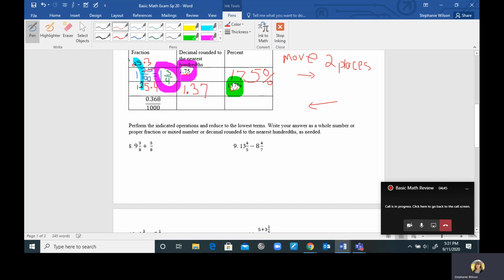Sometimes it ends up being in whole number form, but that's just different cases. So I showed you how to convert a decimal to a fraction, from a fraction to decimal to percent, and then undo the percent. I do understand, though, sometimes when we look at fractions we kind of get overwhelmed,